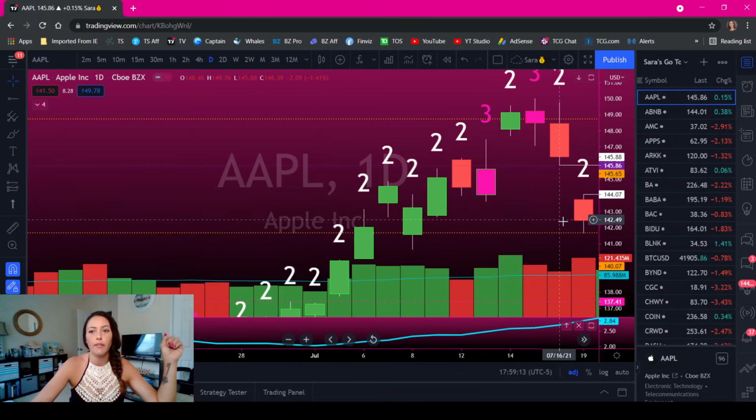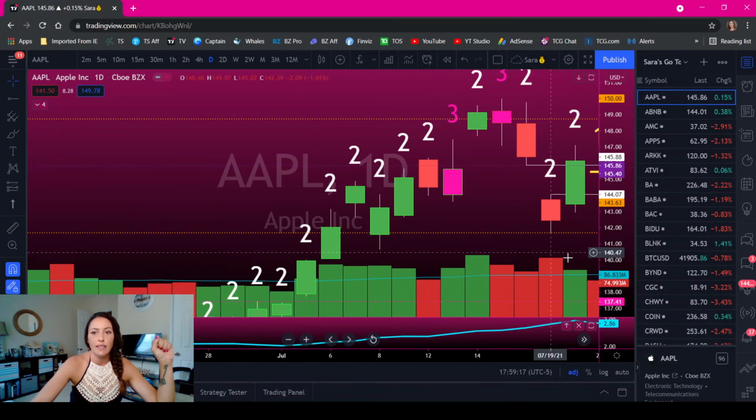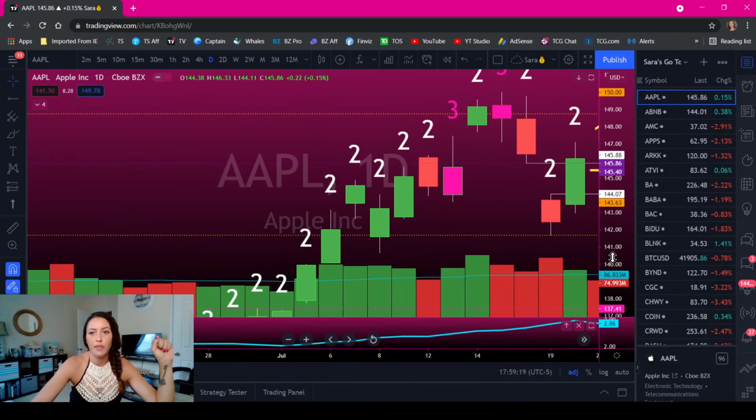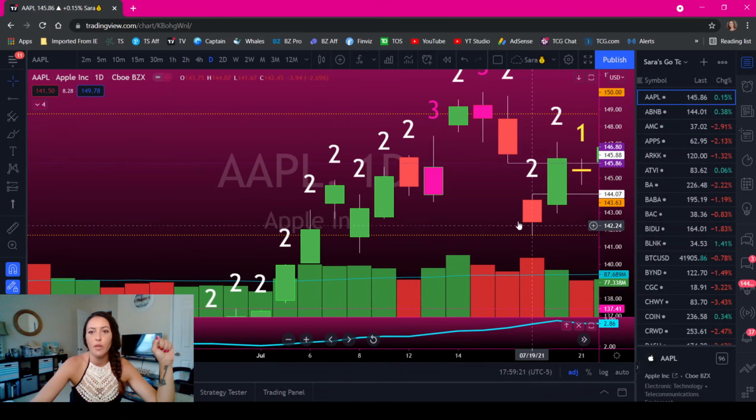You want to wait for a strat reversal. So in this case, this is a beautiful example. We had a 2 down followed by a 2 up. So once this day opened and we broke the high of this previous day, our first target is for sure going to be this gap fill.